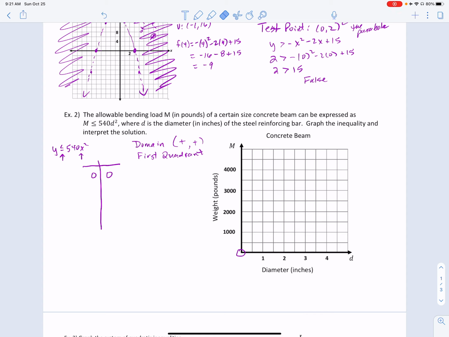So domain is part of this problem in figuring out your solutions. Anyway, I'm just going to make it easy on myself. If I let the diameter be 1, 2, 3 and plug it in, 1 squared is 1 times 540. If I put in 2, I get 540 times 2 squared, so 4 times 540 is 2160. And then if I take 540 times 3 squared, so 9 times 540,